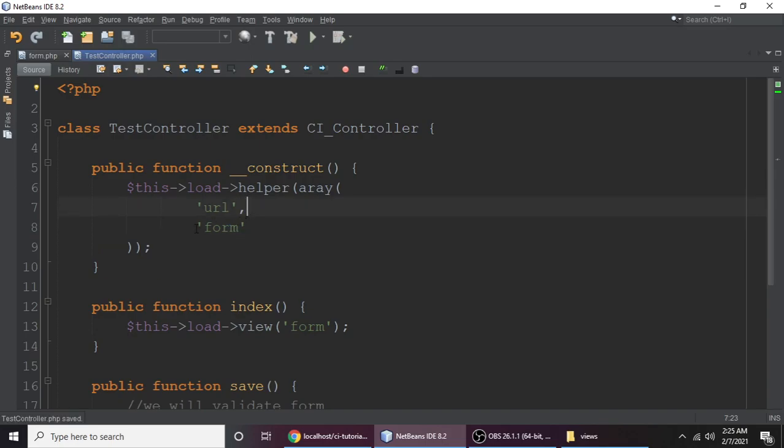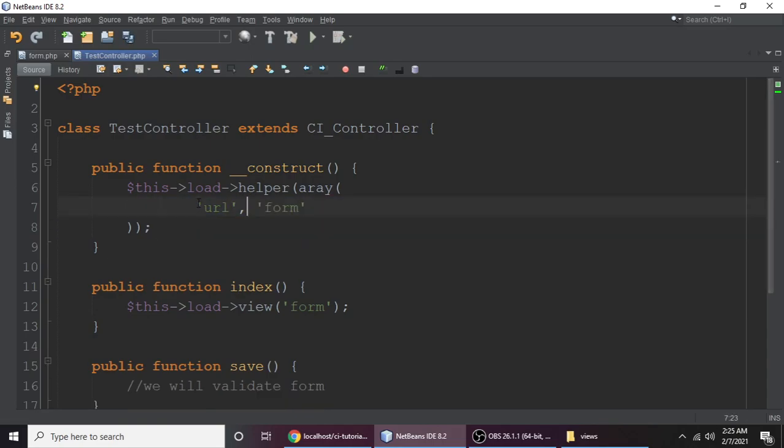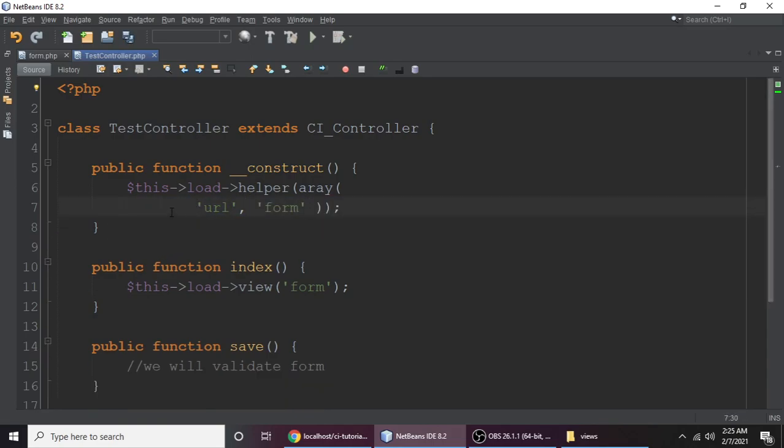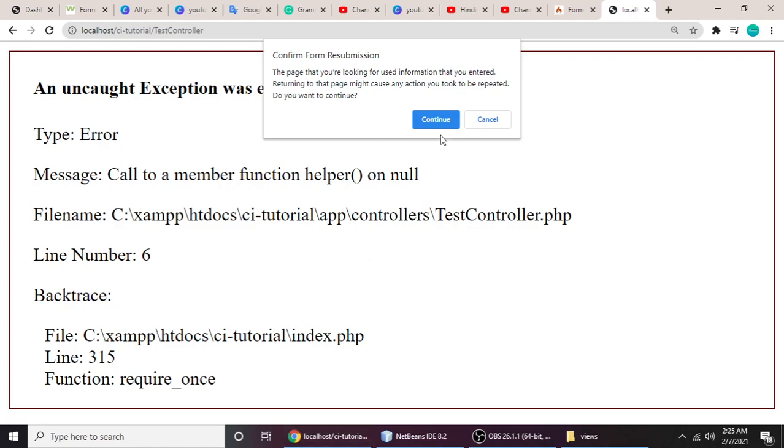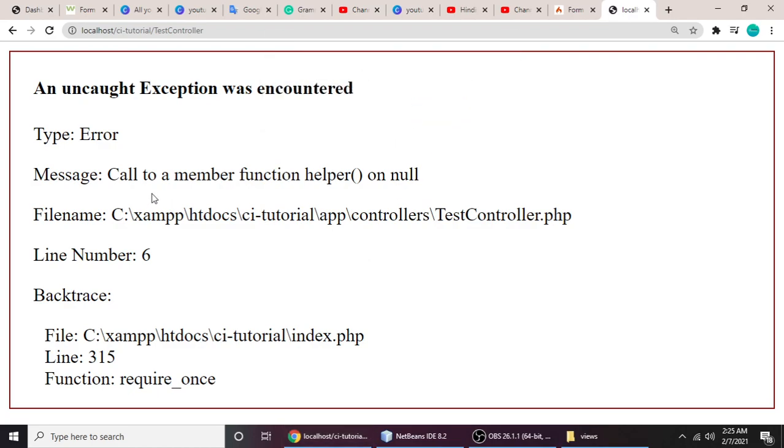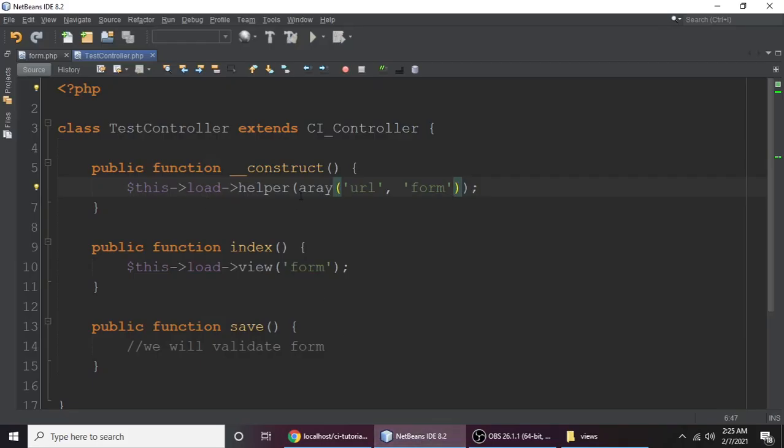Let me put all things in a single line, so it will be very handy to understand. There are many helpers, I'll teach you step by step in upcoming videos. So let's refresh. Now it says call the member function helper on a call, and okay, don't worry about this. So helper,